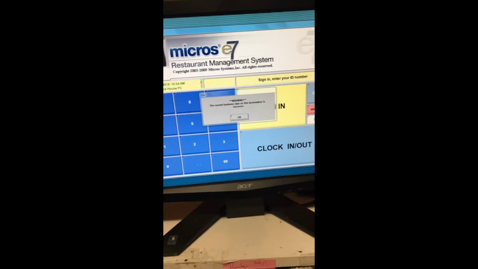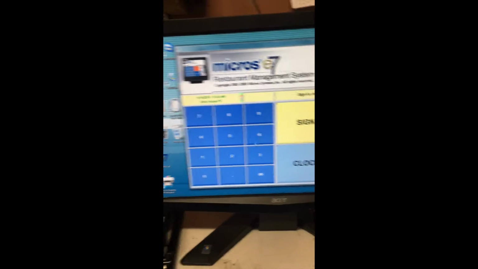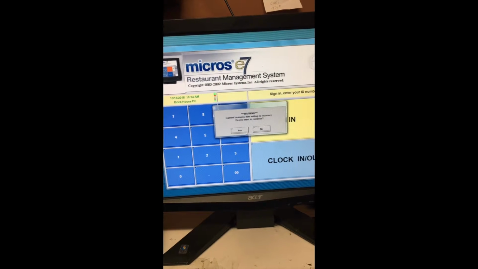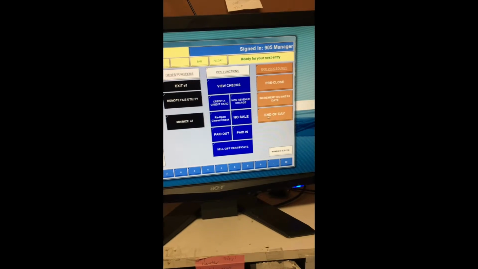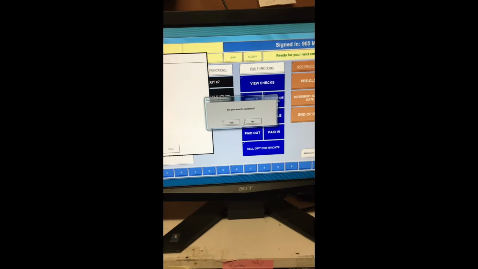So you show up, you already have errors on the computer. It's the first thing you do. You just hit OK. You're going to try to log in, and it's going to give you an error as well. You're just going to keep getting errors. That's how you know the business date is off. So now we have to fix the business date by hitting the end of day all the way to the right. Once you hit that, you hit yes,